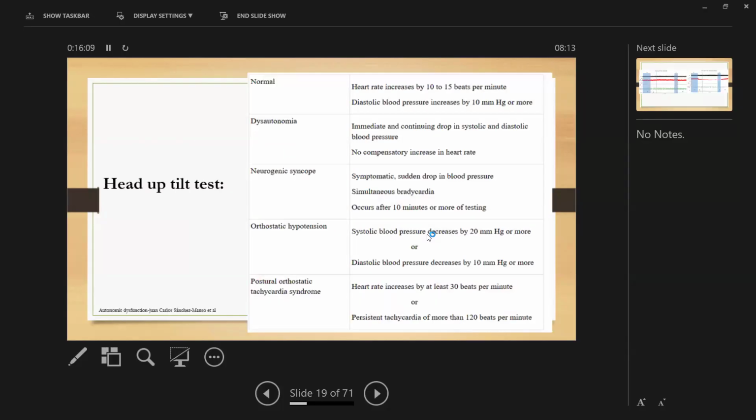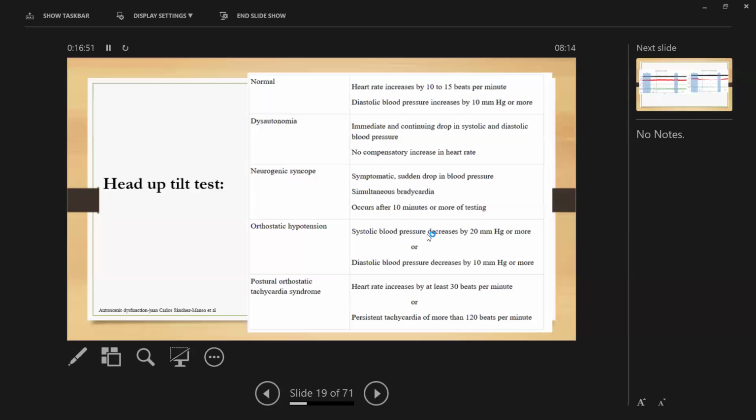The main thing we are identifying in the head up tilt is, as I told, that normally in the initial 3 minutes there will be a mild fall in systolic and diastolic blood pressure, but due to the subsequent sympathetic activation, at the end of 20 minutes the diastolic blood pressure will increase by about 10 millimeters of mercury or more, and the heart rate will increase by 10 to 15 beats per minute. So that is normal. Suppose the patient has dysautonomia. The reflex sympathetic activation won't occur, and there will be a continued drop in systolic and diastolic blood pressure, and also no increase in heart rate. Then what happens in orthostatic hypotension? Orthostatic hypotension is common, so it does not always indicate